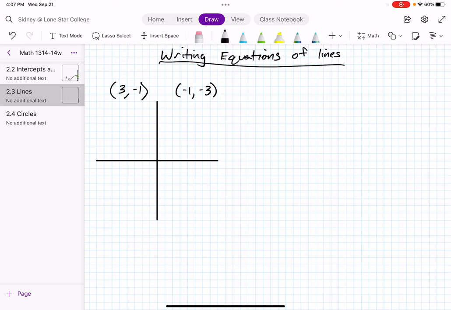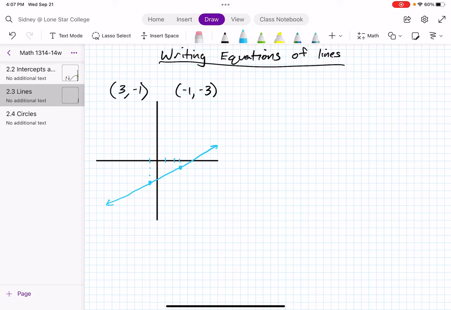So (3, -1). So 1, 2, 3, -1, there's a point right there. (-1, -3), so -1, -1, 2, 3. So we are looking for the equation of the line that encompasses all the points, including those 2 points. So if I'm looking for